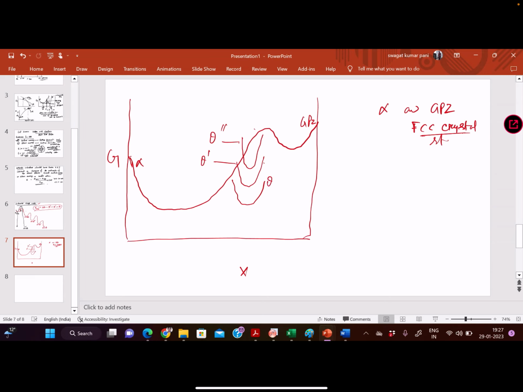So why is this? Because when the size decreases, GP zones being the smallest, around 30-40 nanometer in size, its free energy increases due to increased surface area. There is something we call the Gibbs-Thomson effect. That depicts that when a particle size is small, its free energy should be higher. So GP zones have the highest free energy, then theta double prime, then theta prime, and then the final equilibrium, that is theta. So if we take common tangents here,